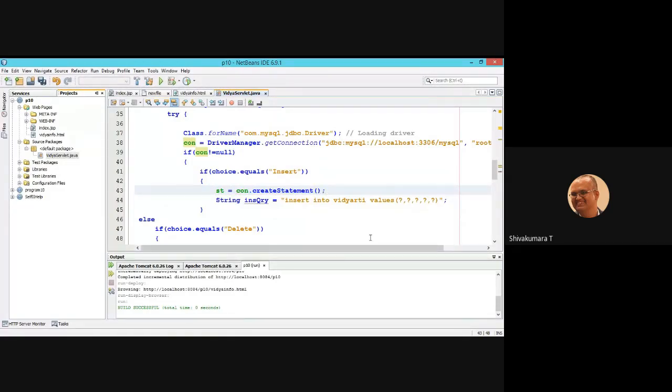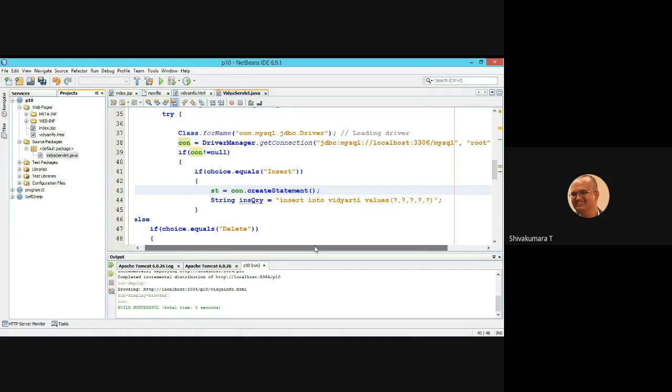It is like a pipeline. That statement object is ready now. Now you need to pass the query onto that statement object. I am going to do a little modification in this query.